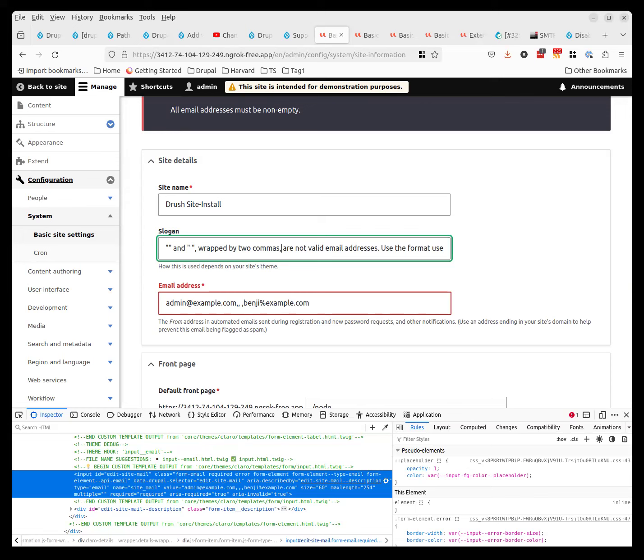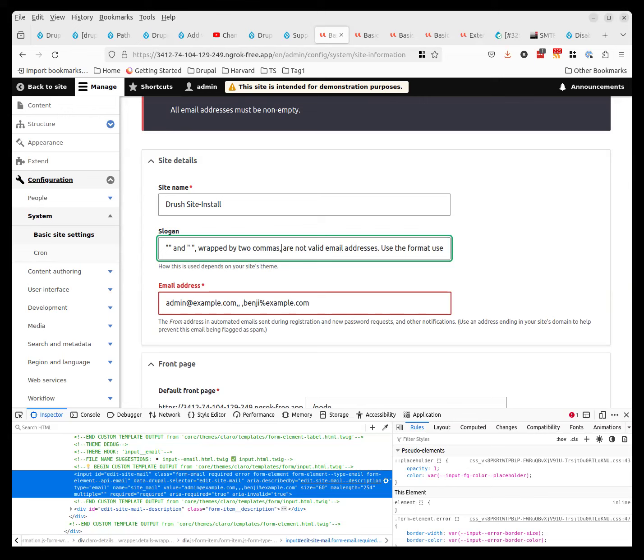Yeah, I was just referring to the email specification. I didn't realize there's a comma also allowed. I thought it was just a semicolon that you would normally use to separate email addresses. I'm not sure. Well,